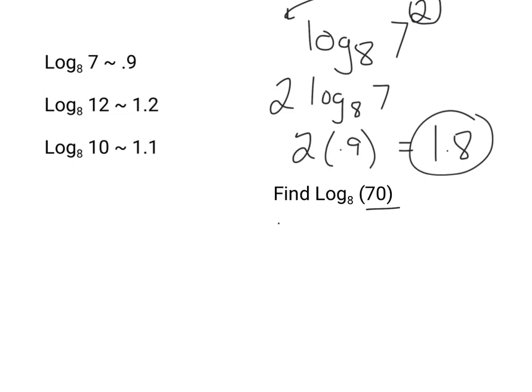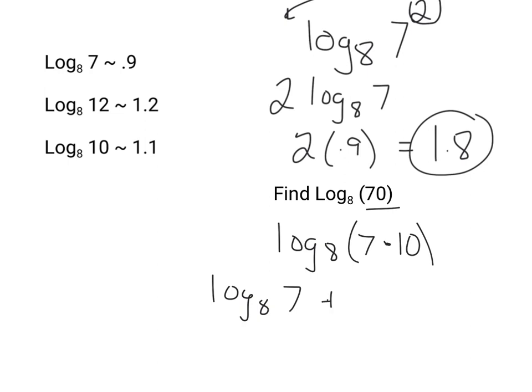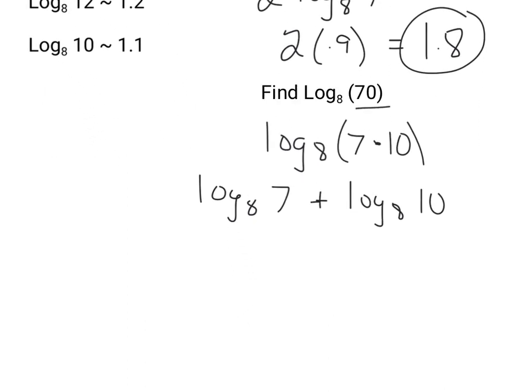So I can rewrite this as the log base 8 of 7 times 10. And the log of a product rule tells me that I can rewrite this as the log base 8 of 7 plus log base 8 of 10. Why does that help me? Well, because I know those values. I know that log base 8 of 7 is 0.9. And I know that log base 8 of 10 is about 1.1. So when I evaluate this, I should get